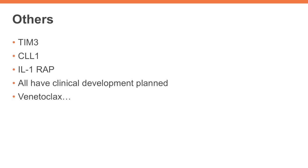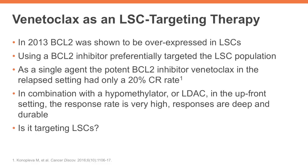And the other one to spend some time on is venetoclax. In 2013, BCL2 was shown to be overexpressed in the stem cell population. Venetoclax is a very potent inhibitor of BCL2. Preclinical modeling of venetoclax and other BCL2 inhibitors suggested that this could target the stem cell population. As a single agent, the venetoclax clinical trial in relapsed refractory AML patients had only about a 20% complete remission rate. But when combined with a hypomethylating agent or with low-dose cytarabine, in the upfront treatment setting for older AML patients